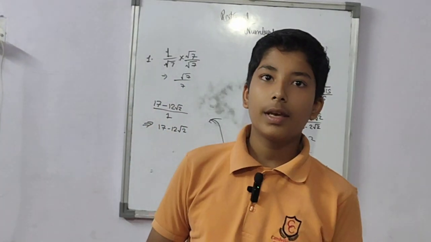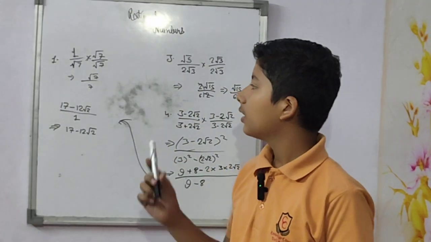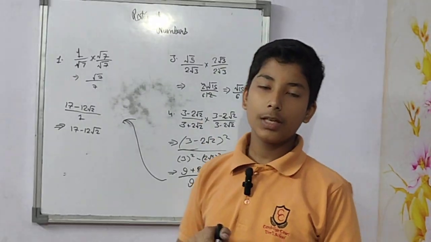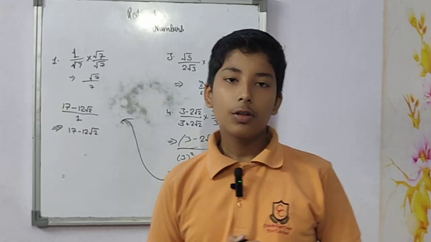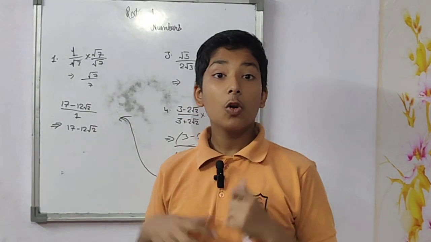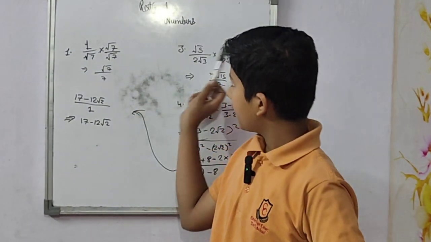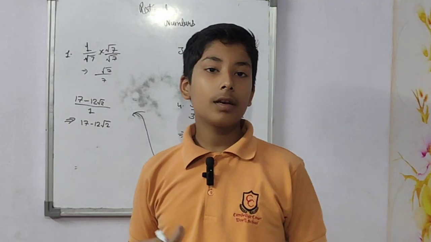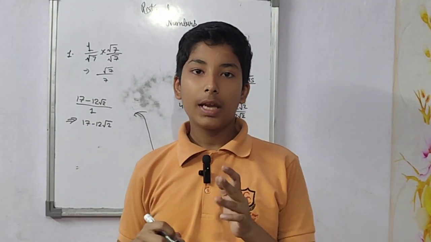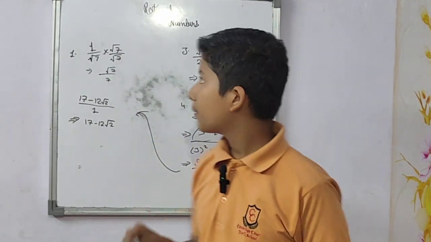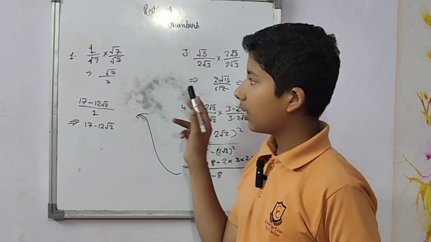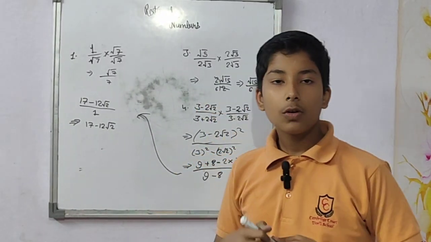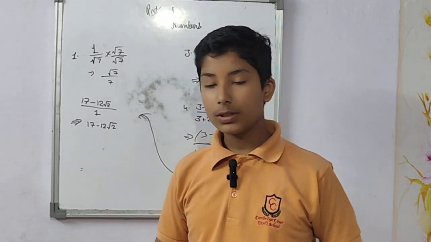Okay friends, I hope you have understood this rationalization. I hope you understood the identities also. So friends, in the next videos we'll do the longer questions of this chapter, rational numbers. Since it is 9th, it won't be the same as the 8th and 7th class chapter on rational numbers. It is different because you have to learn rationalization also. Okay, in the next video we'll do long questions.